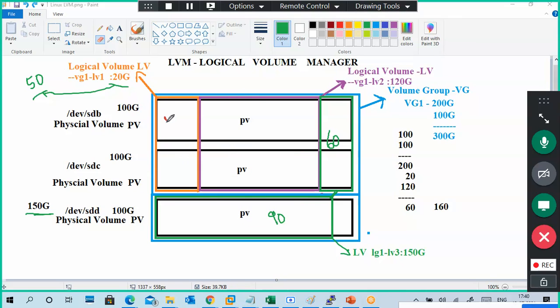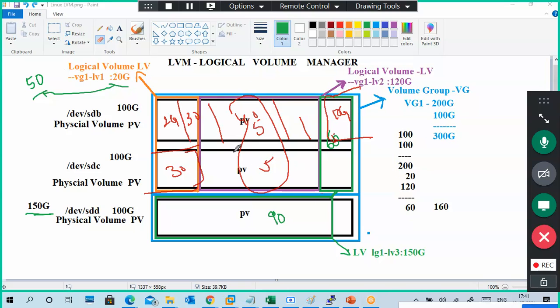Normally, if you take 2 GB, it will take 2 GB from here. If you take 30 GB, or 40 GB, like that it will go. For example, 10 GB free space is there, and the next one is 40 GB. So it takes 10 GB from here and 30 GB from here. It happens like this: 10 GB from here, 30 GB from there. Not directly mixing 5 GB from here and 5 GB from here. It won't mix like that.